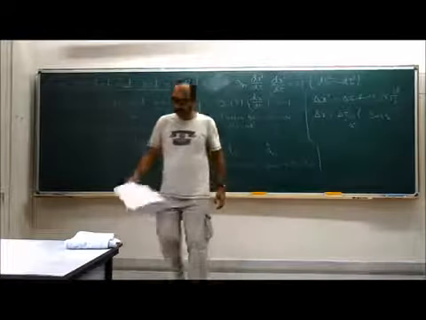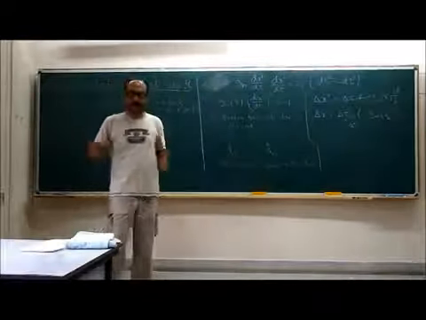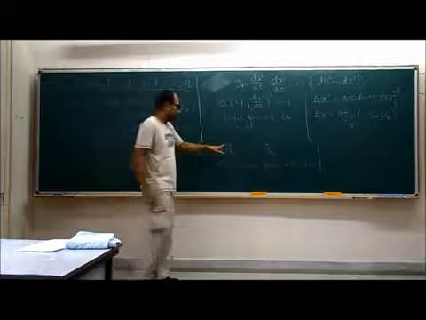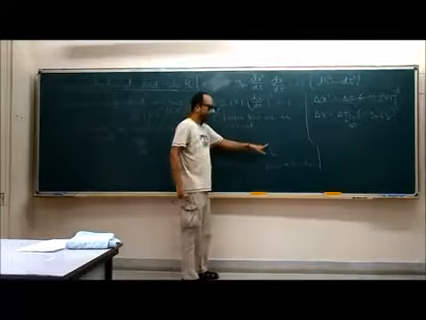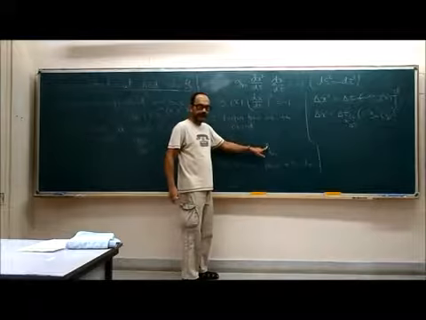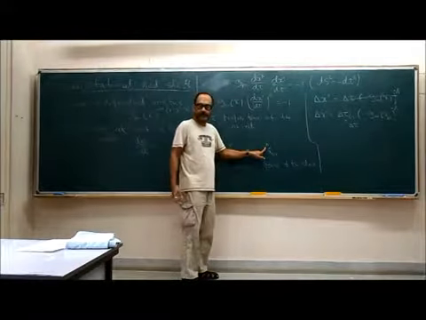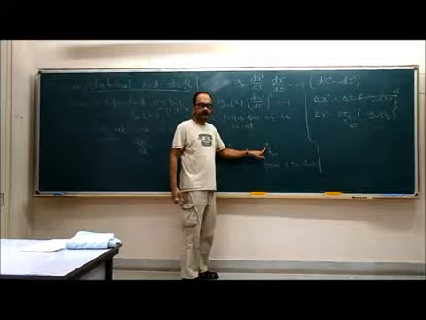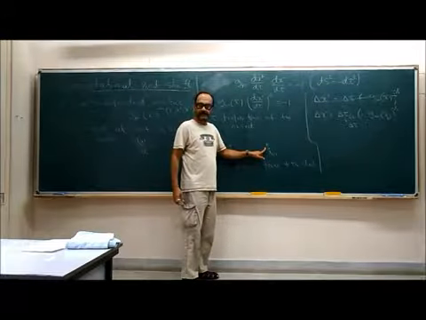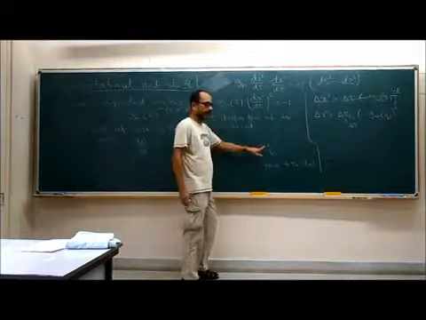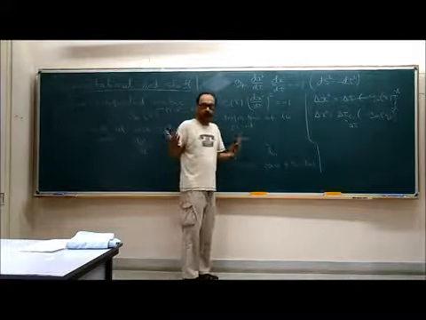Why? Because since the metric is time independent, the x naught interval that it takes for the first signal to travel from here to here is the same as the x naught interval that it will take for the second signal to travel from here to here. Is this point clear? Then because the light travels from x1 to x2 according to certain rules, right?